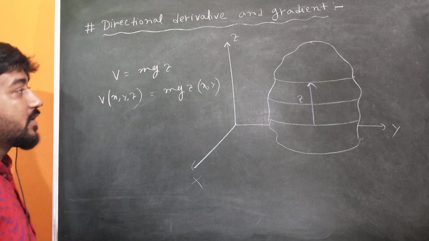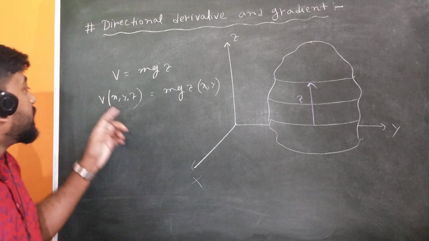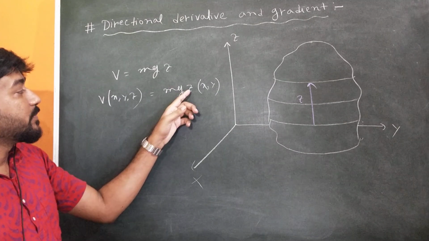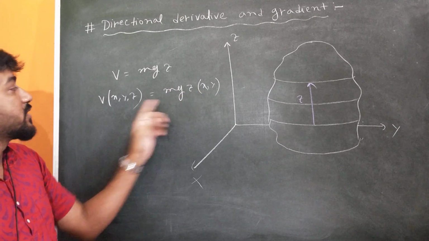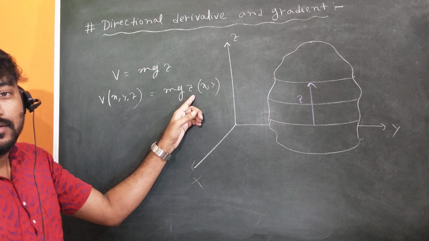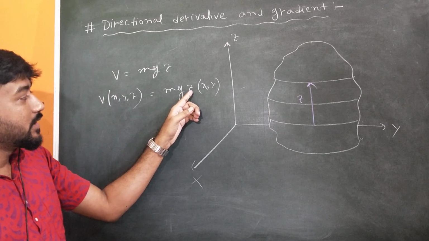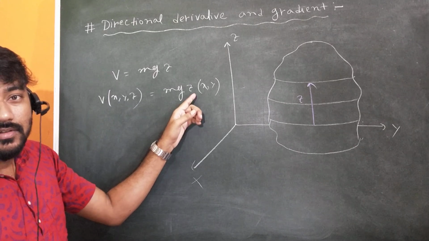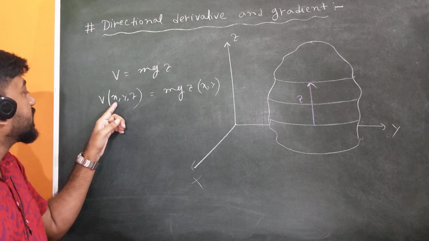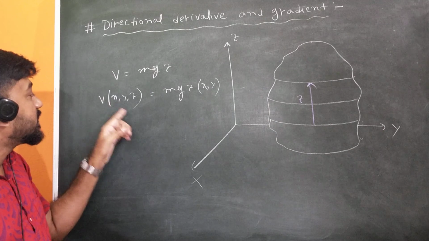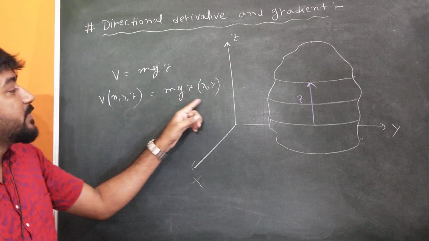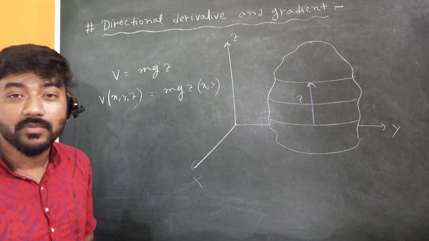Okay, now as v is a function of z and as mg is constant, when z is constant, v is also constant, so v is completely dependent on z. So if you talk about the directional derivative of z, it will give you the same thing as the directional derivative of v, because v will change in that direction in which z will also change, because v purely depends on z and z is a function of x, y maybe.